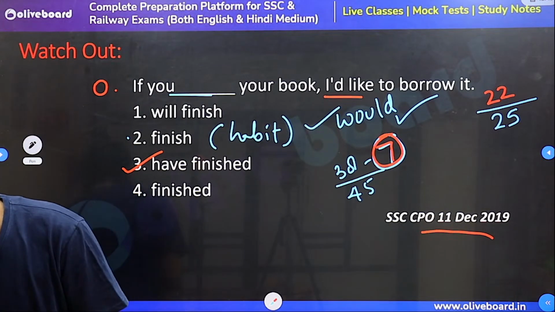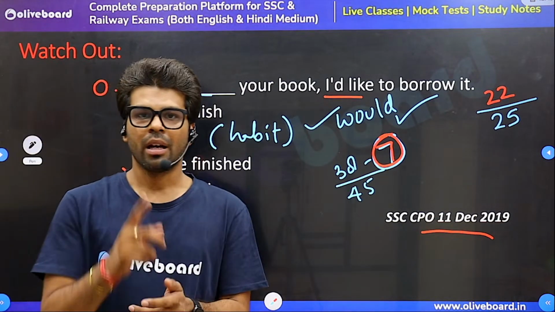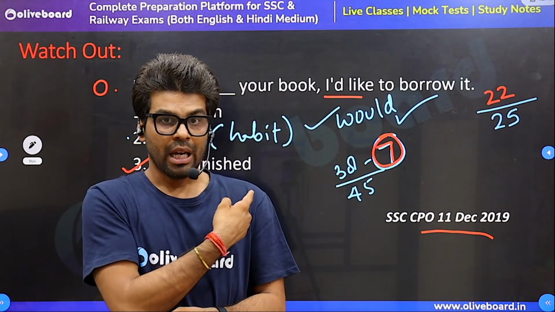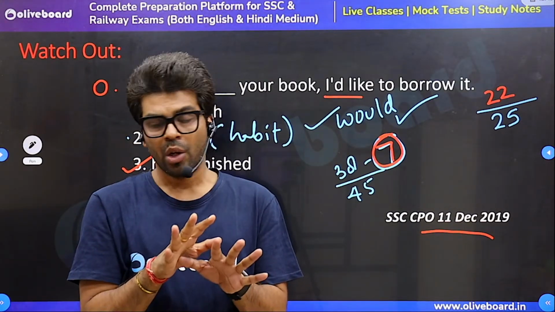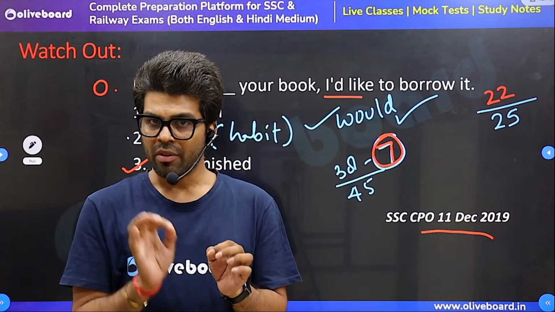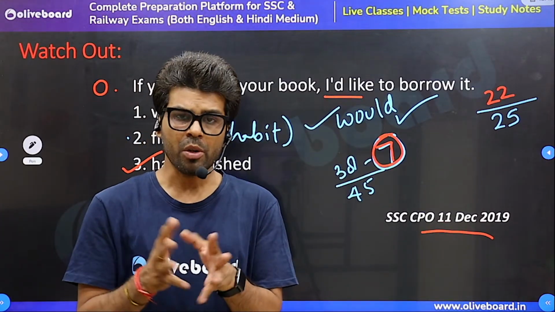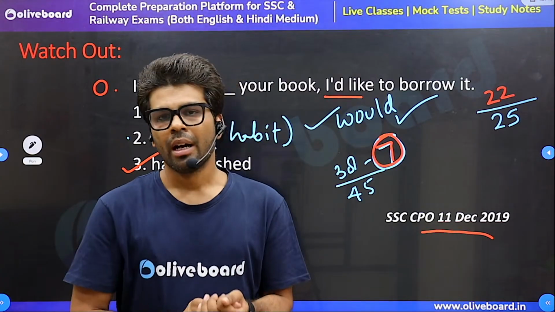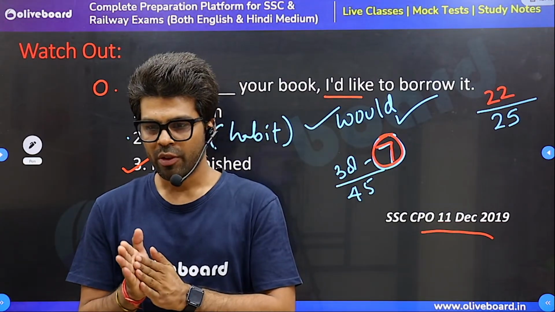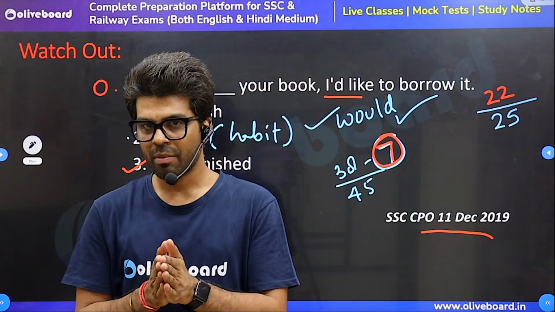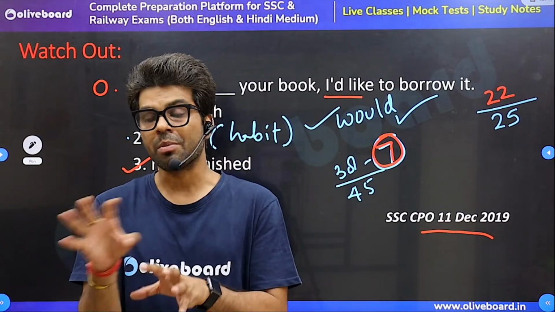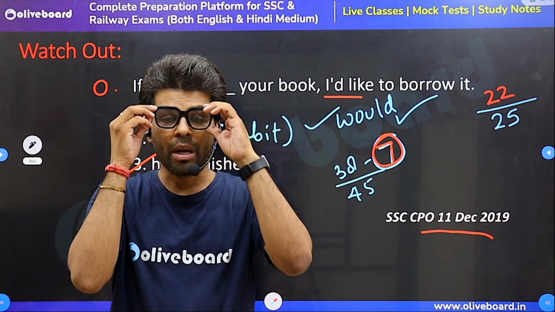You took a book from me and now I'm asking, Ashish, you took my book that day? Yes, sir. Have you finished it? Has the work been done? Has the task been finished? Yes, sir, I have almost. So actually, I have my examinations next month. So if you finish the book, give it back to me. Or if you have finished the book, if the work has been done, you can give me my book.